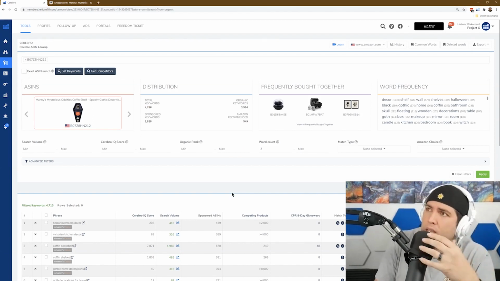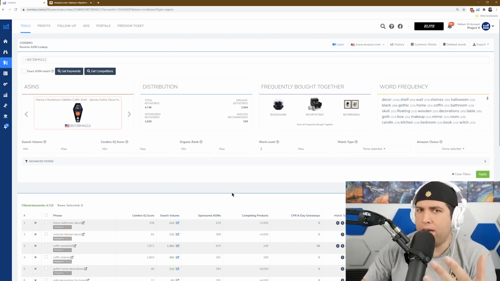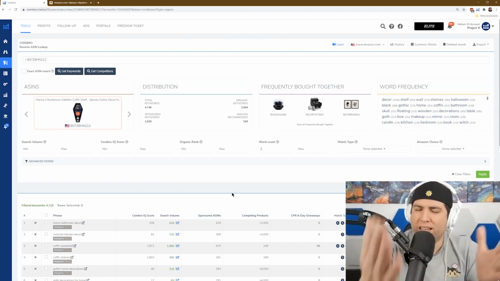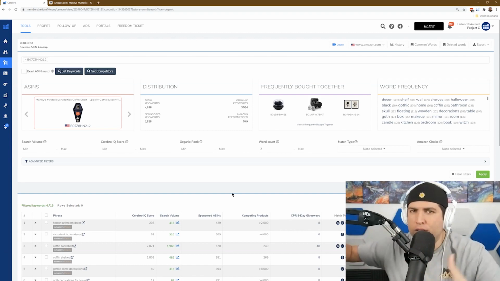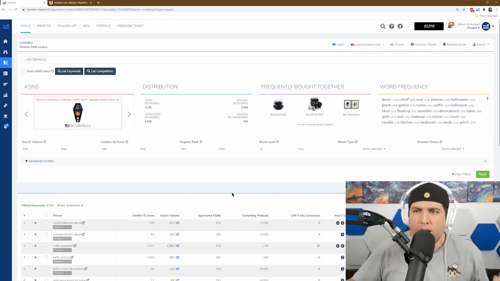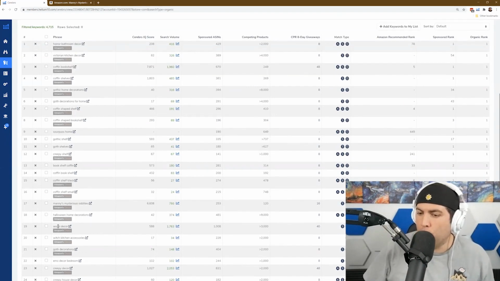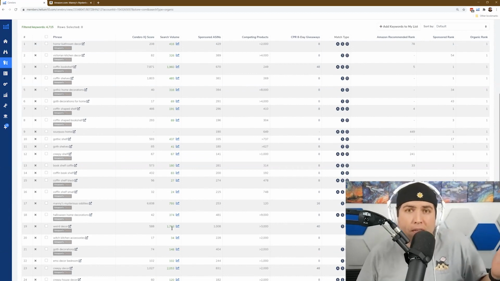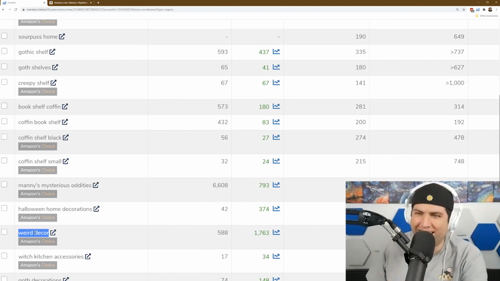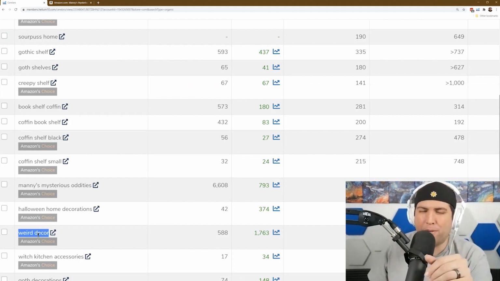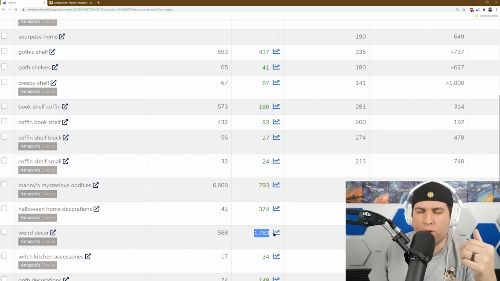But it's so valuable because if I'm new to this coffin shelf space, I can just take advantage of what my predecessors or the existing competition has done. They've gone through the trial and error of trying to figure out what keywords are going to convert for them and what works in PPC. I'm brand new, and I can just look here and see, oh, wow, they are page one, position one for weird decor. I might not have thought about that. I literally didn't. I never saw this in a Cerebro. I'm actually going to go back to that listing later and optimize a little bit more. But I didn't know that 1,700 people a month are searching for weird decor.